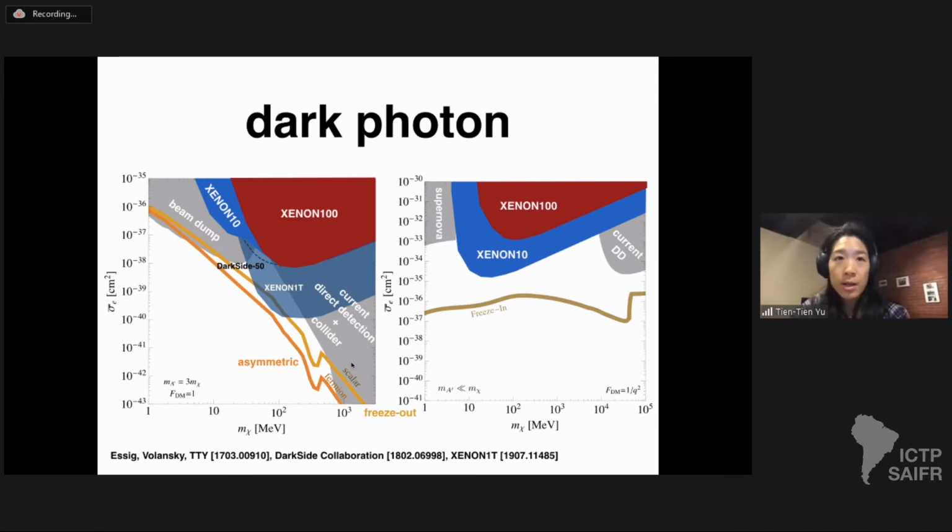And so I can categorize these types of scatterings in two ways. The heavy mediator is categorized by this form factor, which goes like 1. It's a momentum independent scattering. Whereas the light mediator scales like 1 over q squared. The cross section goes like actually 1 over q to the 4th, because I have to square this.